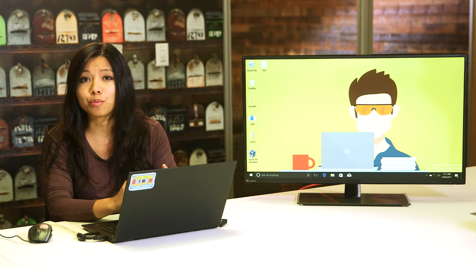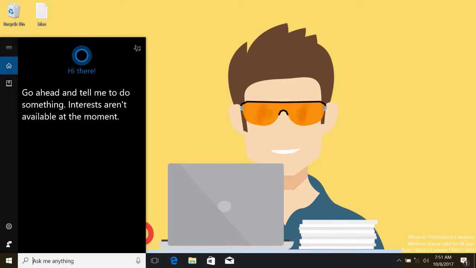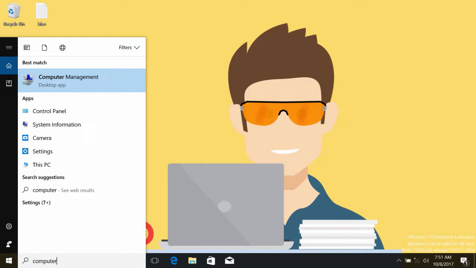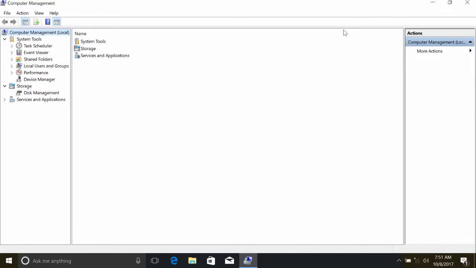To view user and group information in Windows, we're going to use the Computer Management tool. If we search Computer Management in our application search and open it up, we'll see a window that gives us a lot of information. We'll be using this application a lot throughout this course, so let's take some time to go over it.